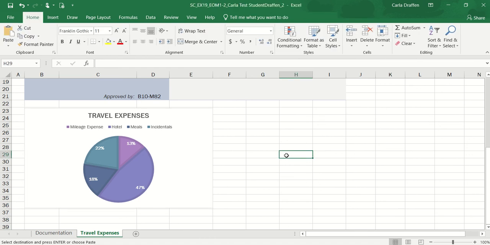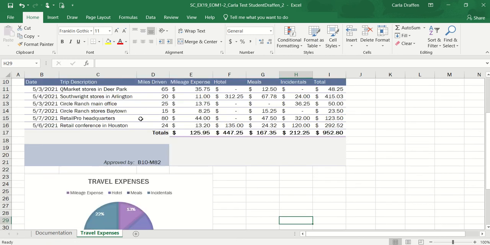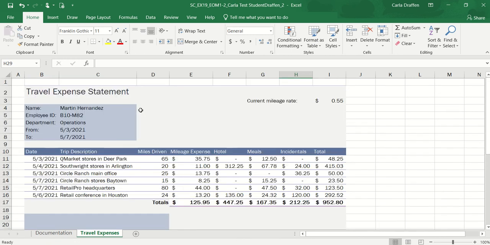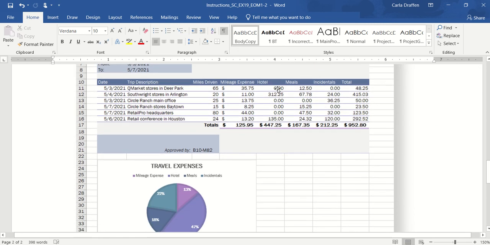Now, based upon that, we're finished with all the steps we were supposed to do. My little dancing marquee around my employee ID, I can hit the escape key and make that go away so it doesn't bother you. Here's our problem in trying to look at what we've done compared to what they say it's supposed to look like. Do you see the 0.00 in the group of numbers for the dates? For say the hotel date